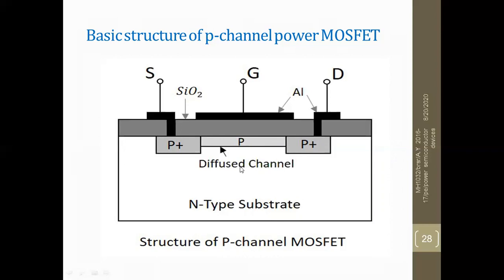Here the VGS applied is changed. The VGS is reverse biased, with the gate at a negative terminal and the source at a positive terminal. High and low potentials are reversed here. That is nothing but the P-channel depletion type MOSFET.